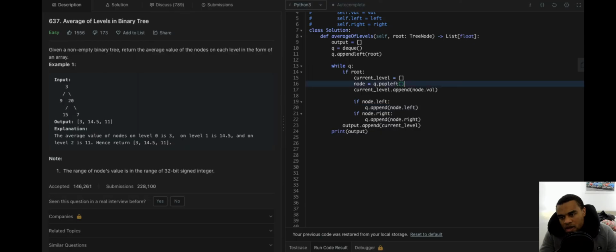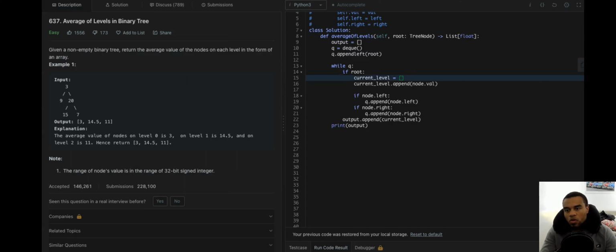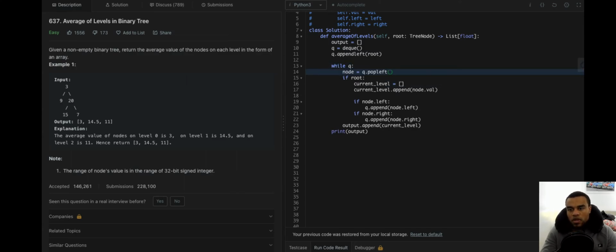Oh wait, maybe: while q, node equals q.pop left, if node, current level, if node.left, q.append, right?